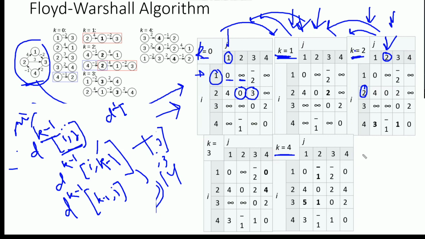The values which we will obtain after calculating for all the vertices, assuming all the vertices as an intermediate vertex, will give us this matrix. And it is nothing but the final shortest distance weight or the path connecting all pair vertices. So from 1 to 1 it's 0. From 1 to 2 the shortest path will be minus 1. From 1 to 3 it will be minus 2. So this is the all pair shortest path value.